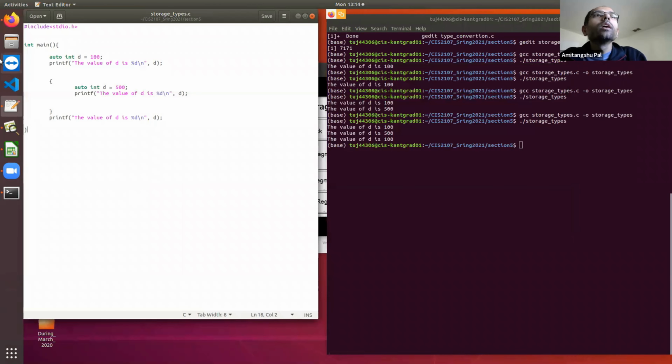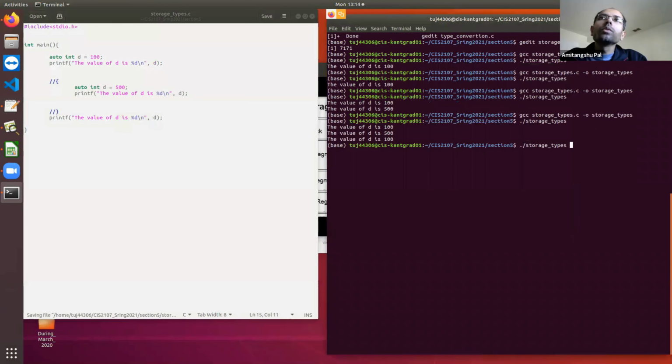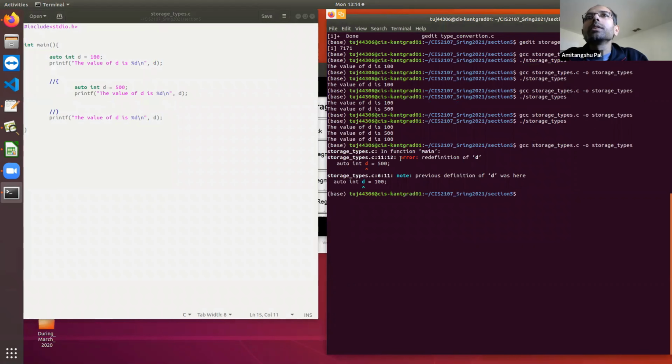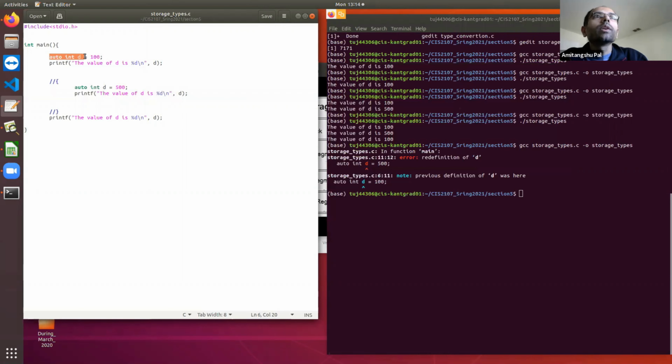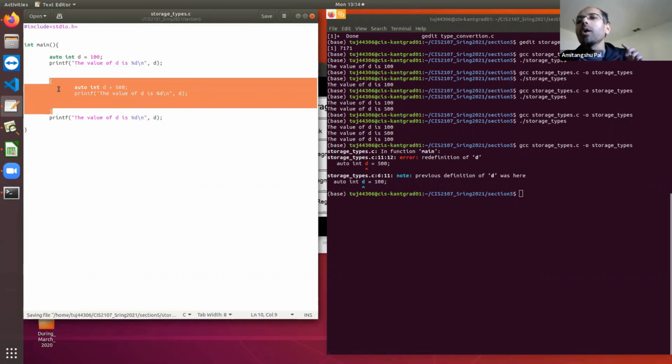Now notice that if I do not put these two curly braces, in that case it is going to give me an error, redefinition of d, because I have defined d over here, and I have also defined d over here. But if I use these two curly braces, that means this will be considered as a separate block.